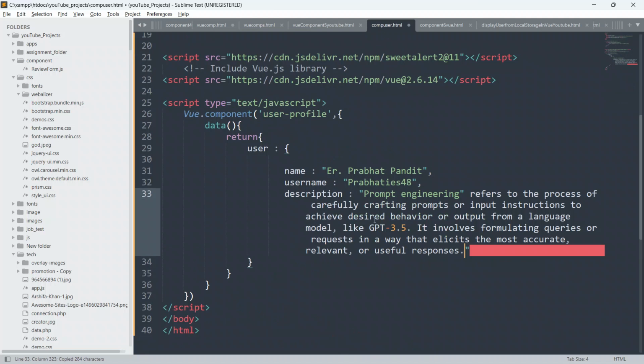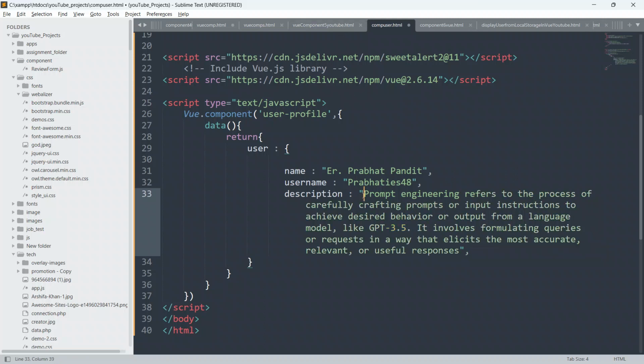Okay, so this is our description, and I will put profile image also.